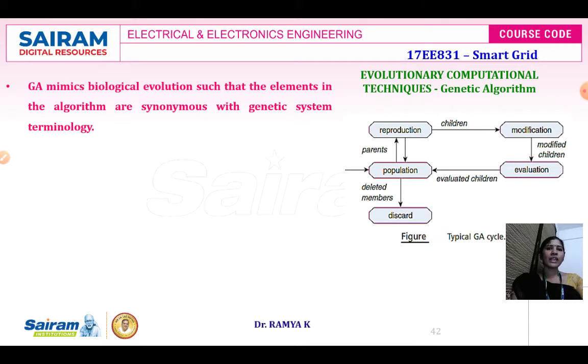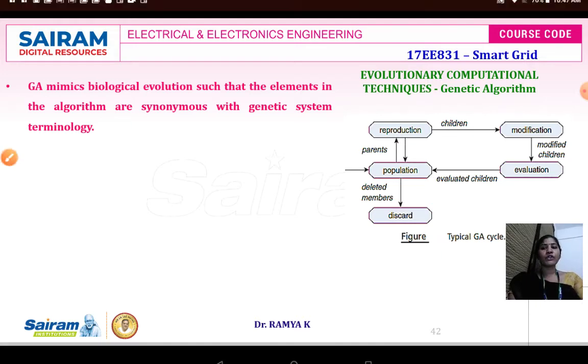The more fit individuals will be statistically selected from the current population, and each individual's genome will be modified by framing the fitness function, evaluating the fitness function, obtaining the objective function, and then implementing it in the system so as to get a better optimized result. When you do so, a new candidate solution is obtained from the previous iteration. Every time it iterates, a new value is generated, and the new value depends upon the previous one. So a typical genetic algorithm requires two steps. One is your genetic representation.